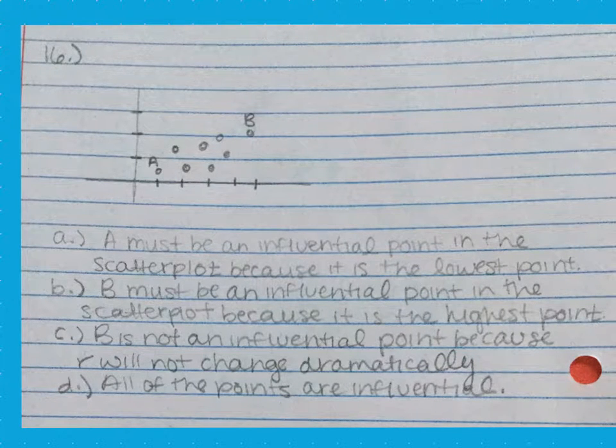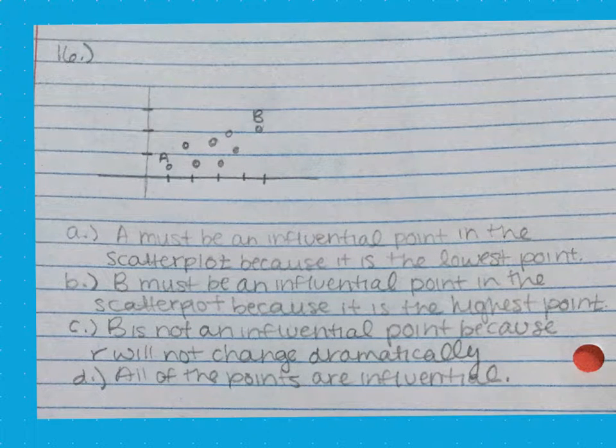This is a question derived from number 16 on the Unit 3 AP Stats test. This question was in the true or false section and stated that the oldest patient in the study must be an influential point in the scatter plot. So if we look at the multiple choice,